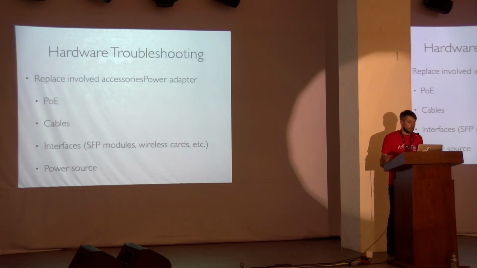And a few last steps when you have hardware issues, when you have issues with the router board. So first, if you have some issues with the hardware, that it doesn't power or something doesn't work, we suggest to start with replacing involved accessories. Like, first step is to check the power adapter, try another power adapter, that might be the issue why your router is not starting. If your router is on power over Ethernet, you check this router with another power over Ethernet adapter and another power supply and see maybe it will fix your issue.